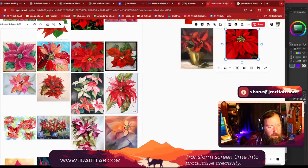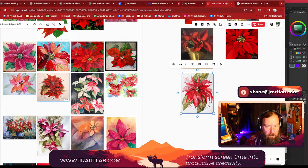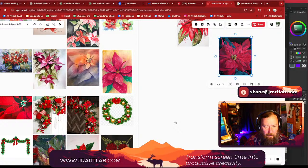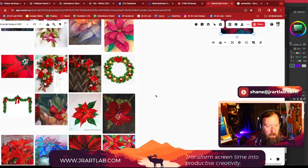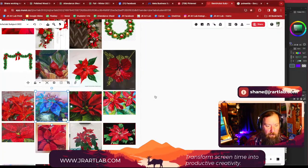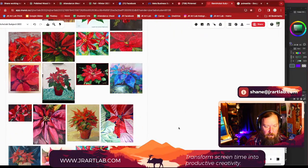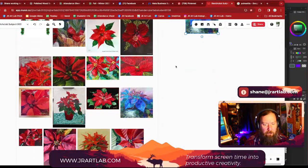Okay, now I was thinking, we haven't done any watercolor, and they do have some watercolor brushes inside here. So maybe that's something we can investigate for the future. Now I also put in garlands. So garlands and poinsettias. I'm not sure what we'll do first, but I didn't get many references for garlands because it was a little bit tricky to find